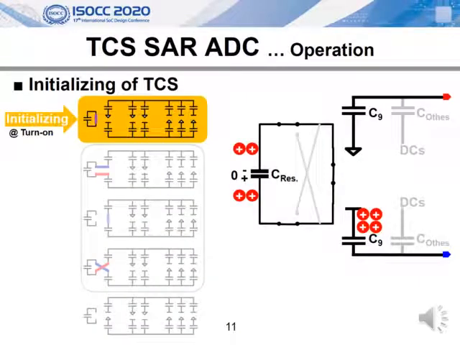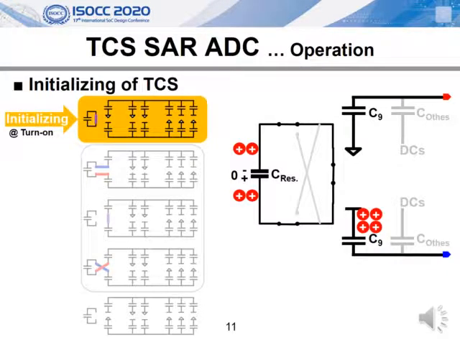As the ADC starts, the TCS block is initialized, while two terminals of the reservoir capacitor are shorted. Generally, a massive reservoir capacitor needs a long settling time for expected high energy efficiency. In this work, the reservoir capacitance is smaller than an MSB capacitance, so the ADC can operate with the expected energy saving ability just after wake up, turn on, or initializing the TCS block.